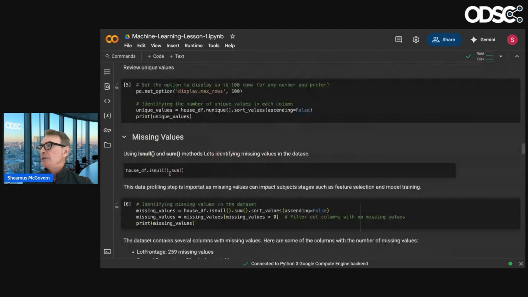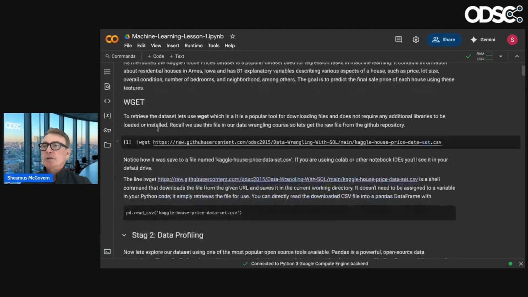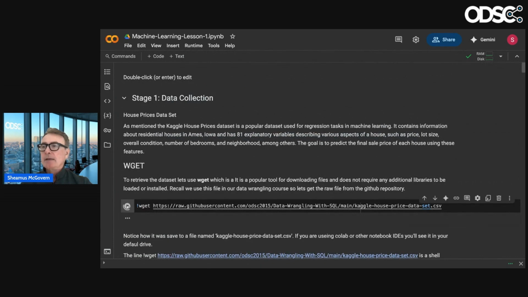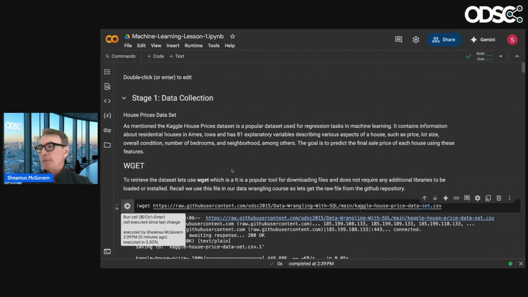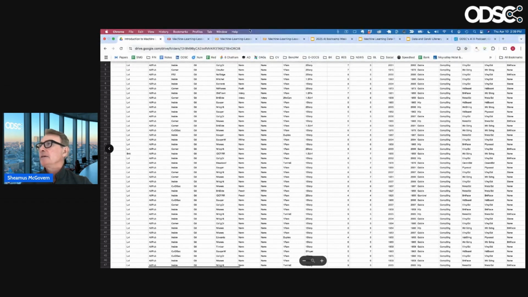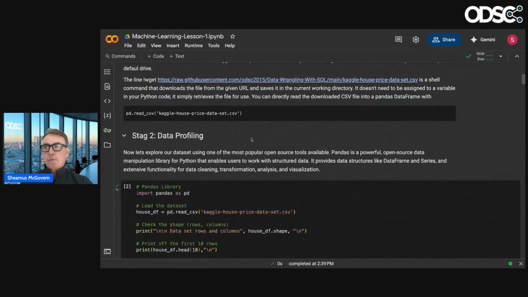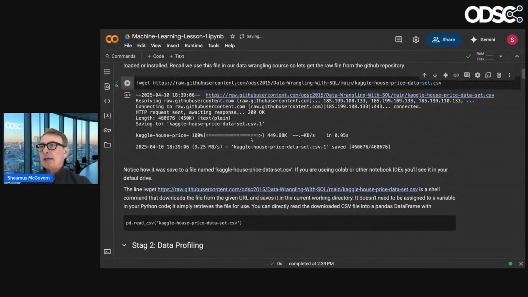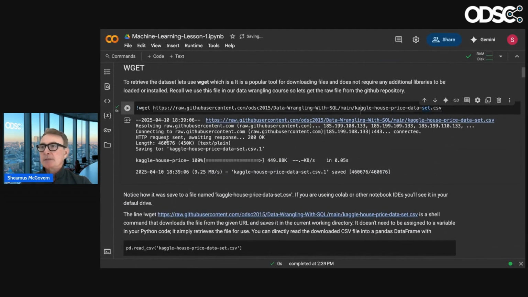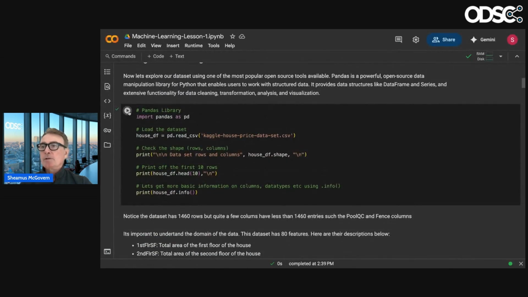Okay, let's start from scratch here. I'm going to go through this notebook pretty quickly because we covered a lot of this on Tuesday and it should be pretty fresh in your mind. We're collecting this data using wget, which is kind of like an API. It's the same data set as you have here. Now that we see it's loaded, I can tell it's loaded because it's telling me the size of the data set here. It's okay. And then as we talked about a lot of times before, we're doing our data profiling.